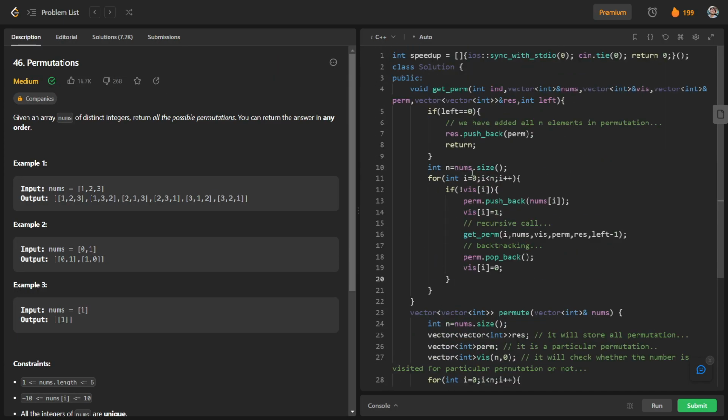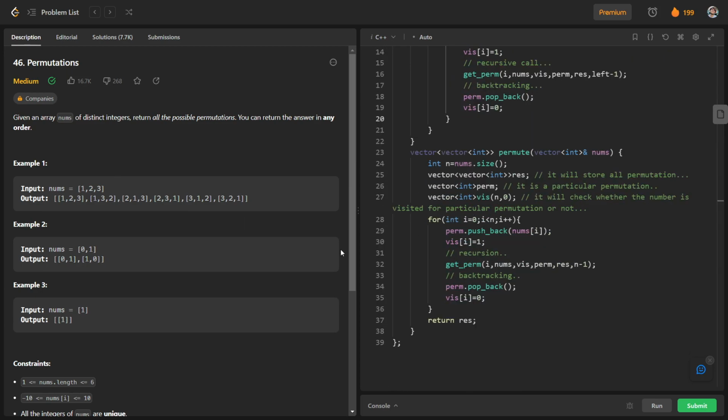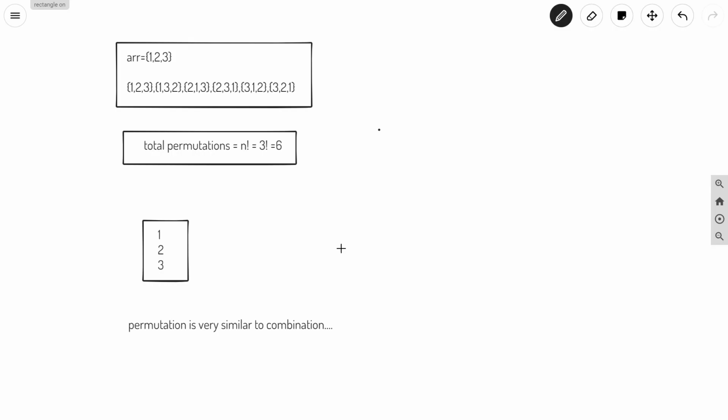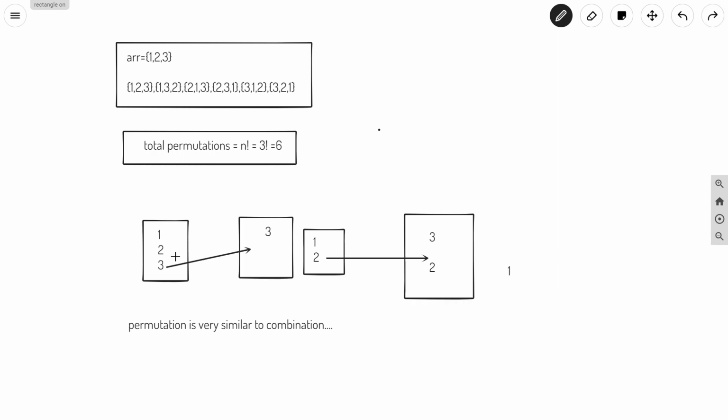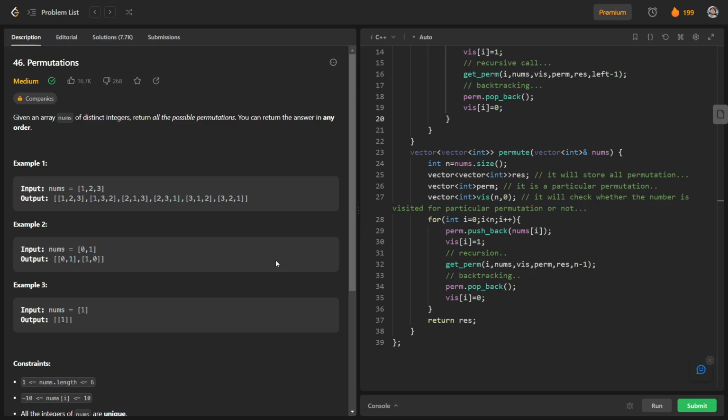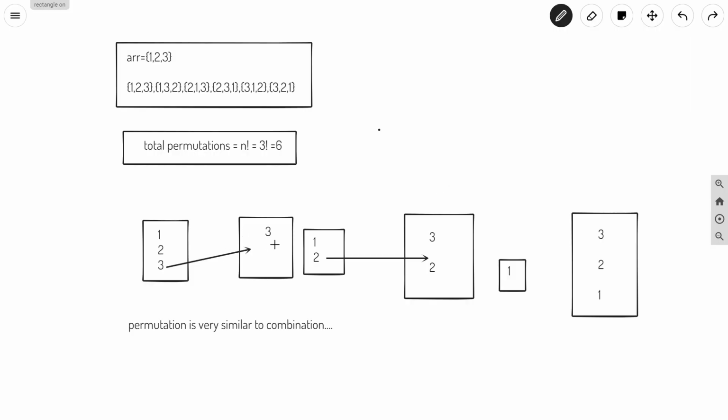What we were looking for were all the permutations. For this, we have these three numbers with us, and for a particular permutation we first add one of the elements in a vector, and that vector is going to be perm. So we have pushed back 3 in the vector perm, and we are left with 1 and 2. Again we have two choices, either we can push back 2 or we can push back 1.